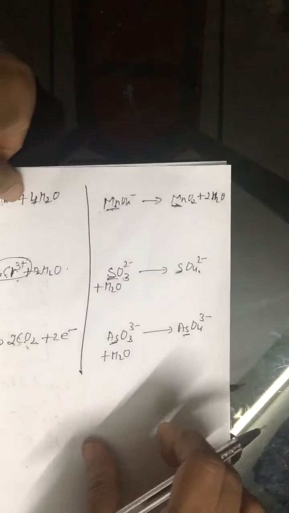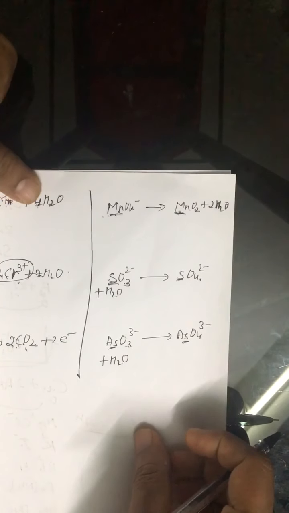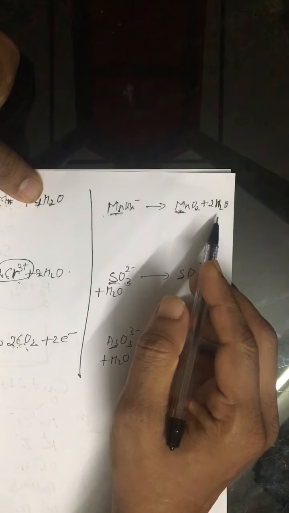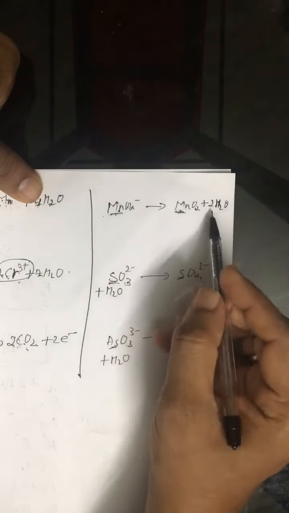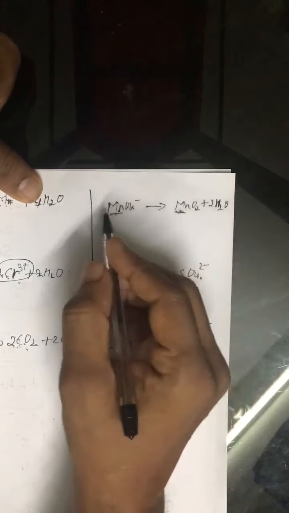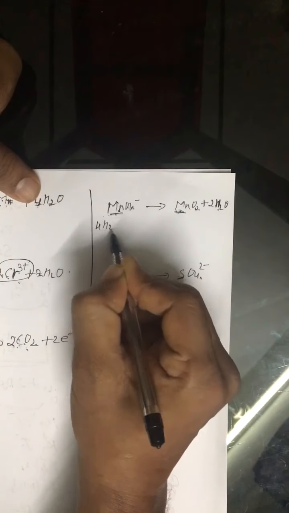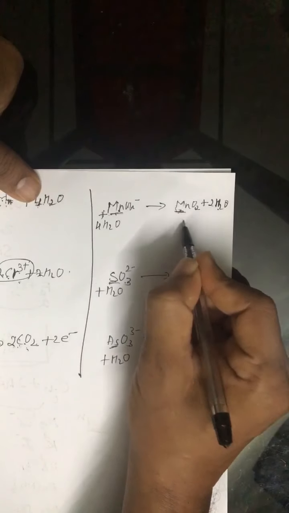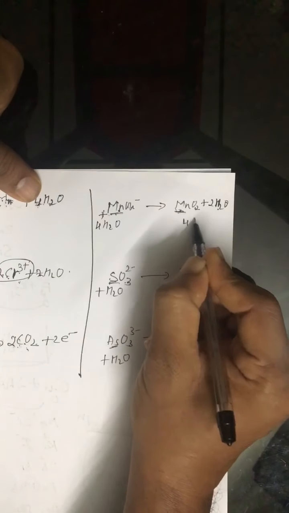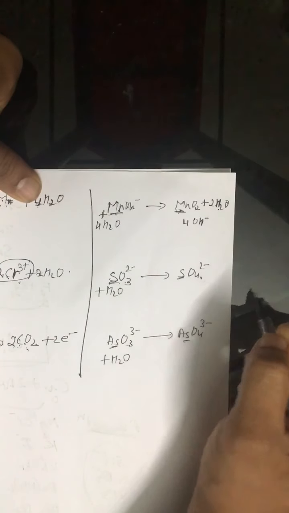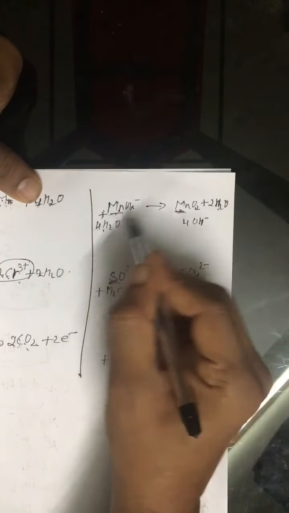All right. After balancing oxygen, we have to balance hydrogen. So this is a bit different balancing of hydrogen. You should be careful. See, we have four hydrogen on right hand side. So what we do, we write 4 of H2O on the opposite side, and an equal number of OH negative at the opposite side, 4 of OH negative. All right, and then common H2Os are cancelled.